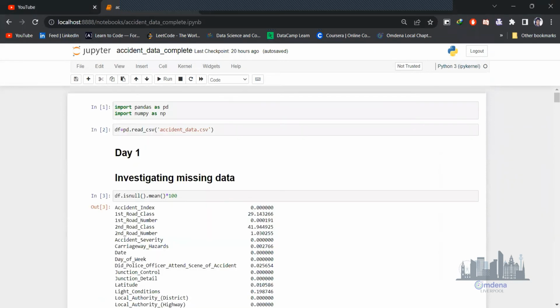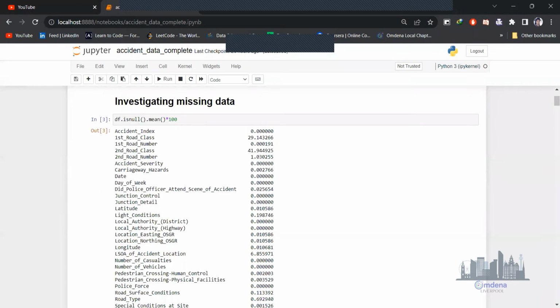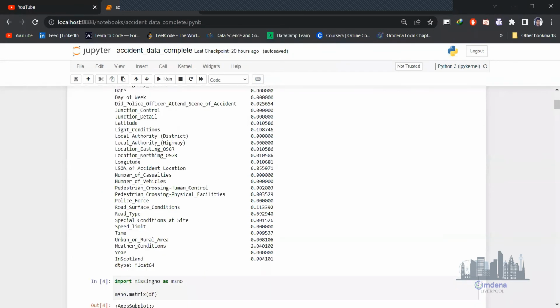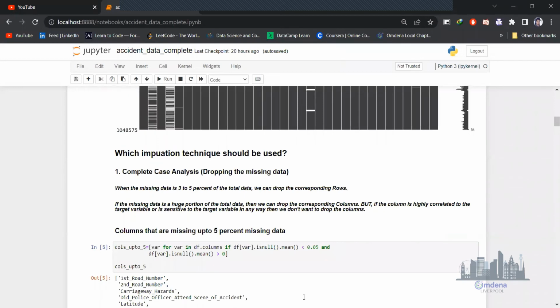Can you guys see my screen? Yep. So, sir, I was following Sir Salman's tutorial on YouTube. He was trying to teach us the imputation techniques. So I followed him, and